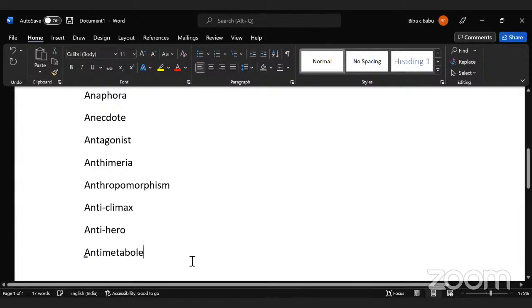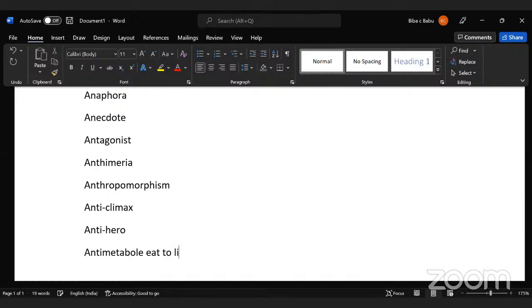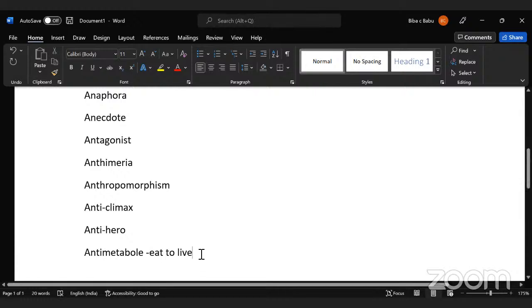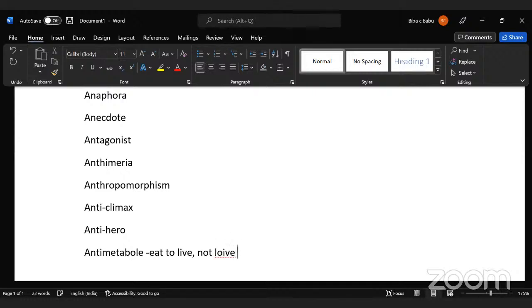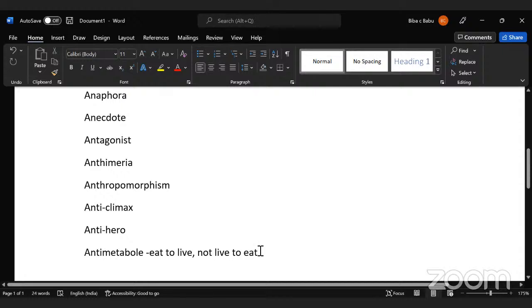For example, there is a famous line: eat to live, not live to eat. See, eat to live is a phrase, and it is being repeated in the reverse order, live to eat. So that is an example of anti-metabole. Then we have